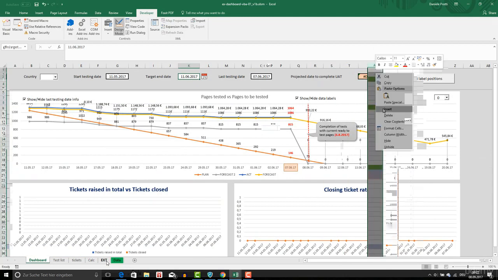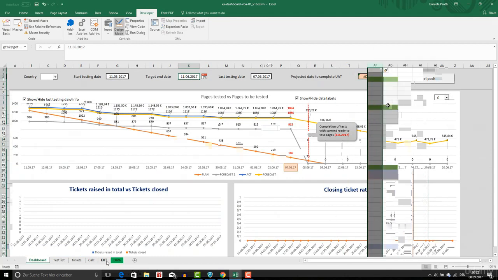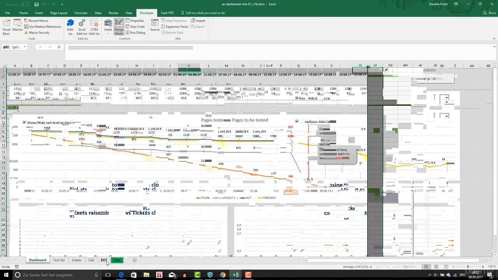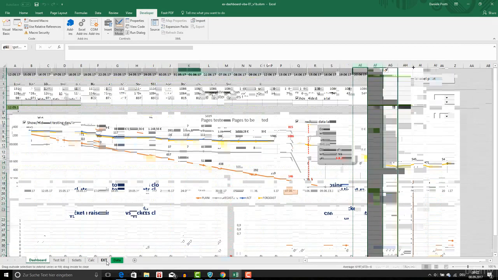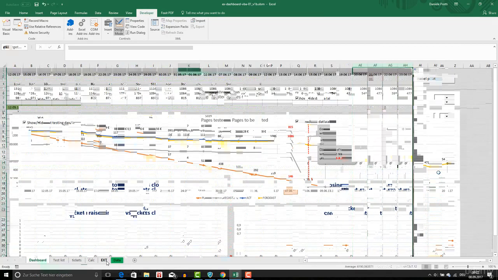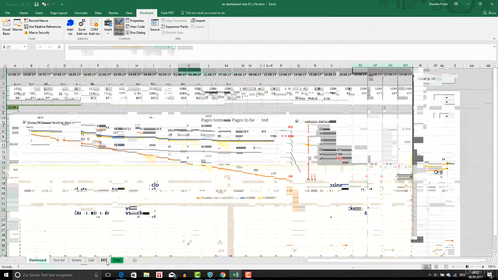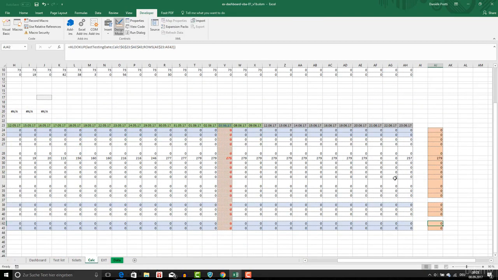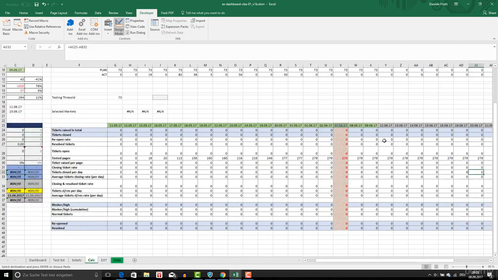I'm going to insert some columns. I drag the column like this. I can do this. Look, okay, here we are. Drag this, I'm going to move this. Then I'm going to copy this. Okay, and this one is going to be this. This one is a copy of this. This one as well. Okay, going to copy this as well. So we have more. No, my last testing date is